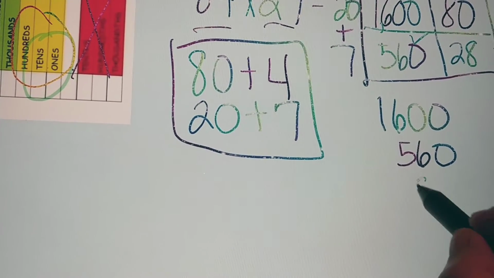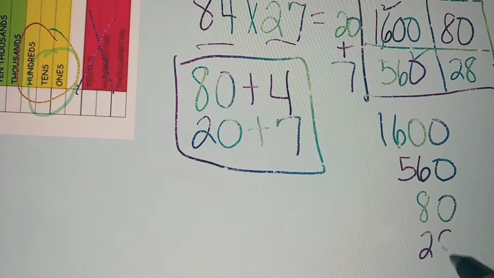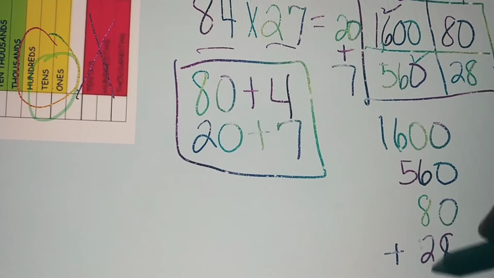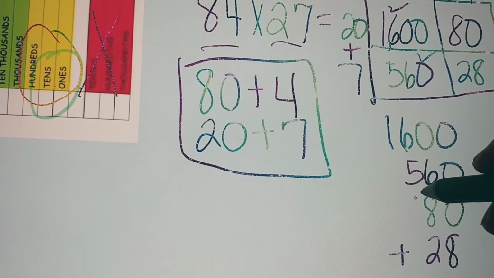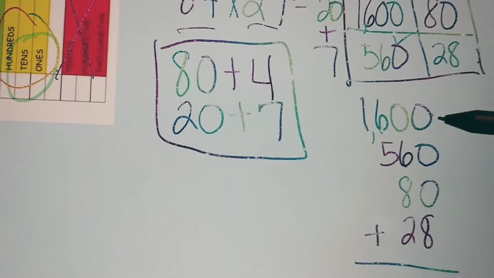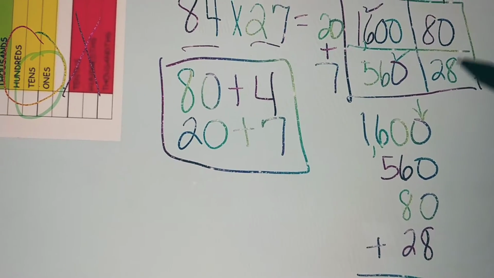80, so I'm going to go under the 6 because it's in the tens place, to put the 80 and 28. Okay, I lined them up. So these are all ones, these are all tens, these are hundreds, these are thousands. And I'm going to put the comma just to remind me. So then I start adding with the lowest value, which is